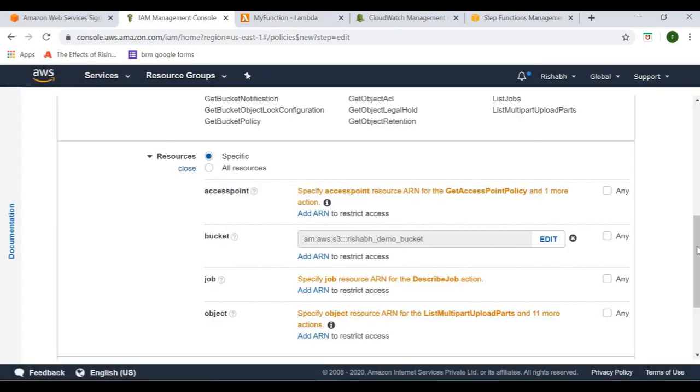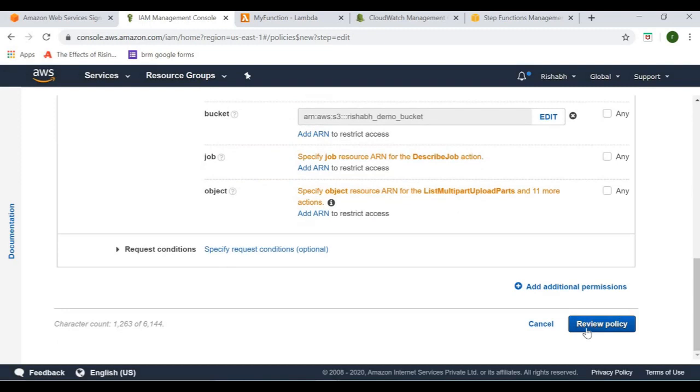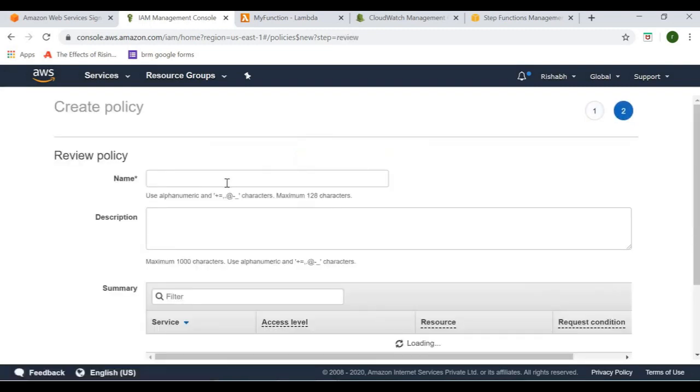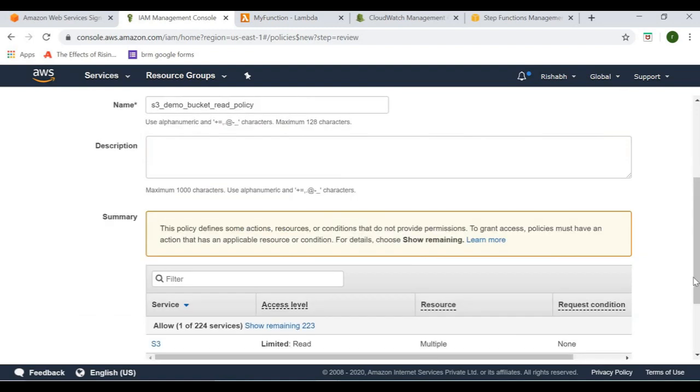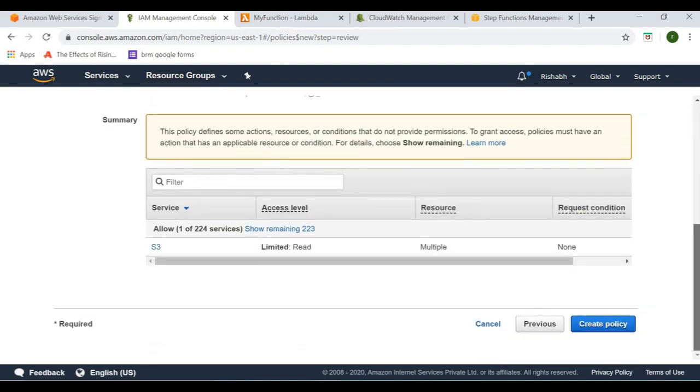So this is my bucket and I'm just going to click review policy, provide a policy name here. So S3 demo bucket read policy, and I'm going to click on create policy. So I have created my own custom policy.